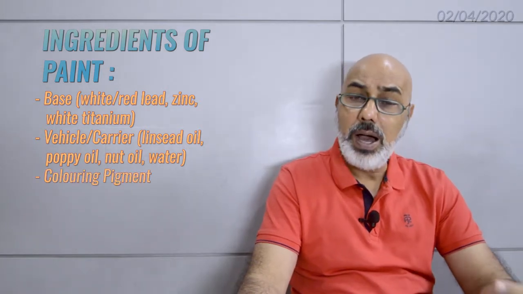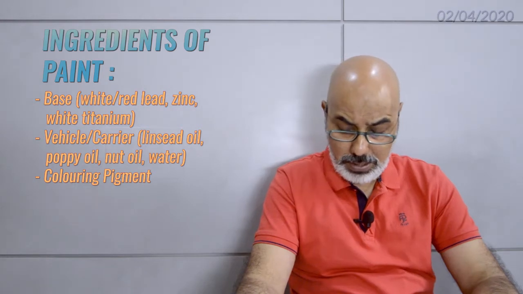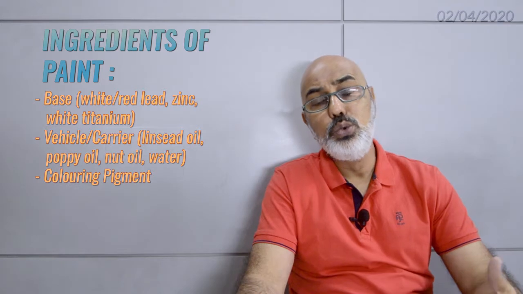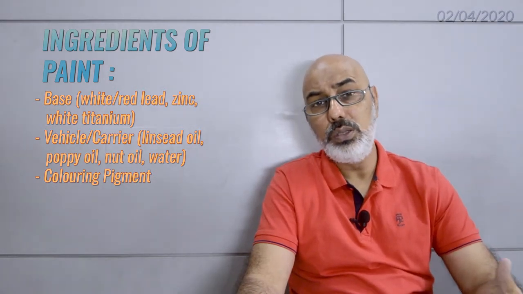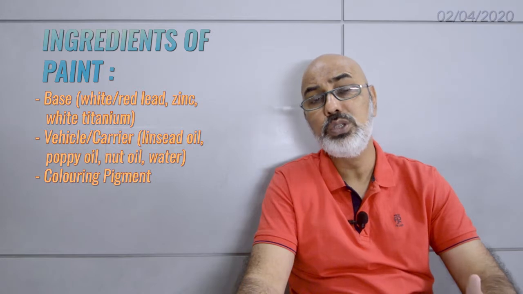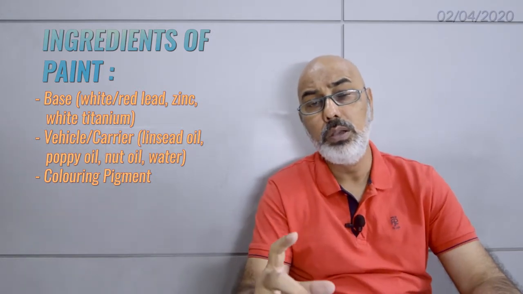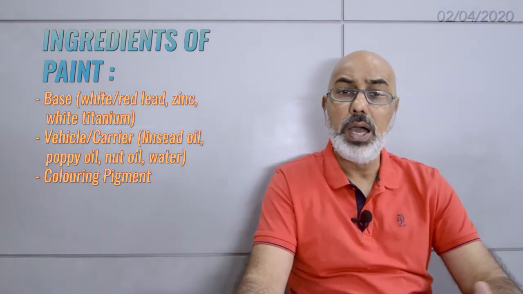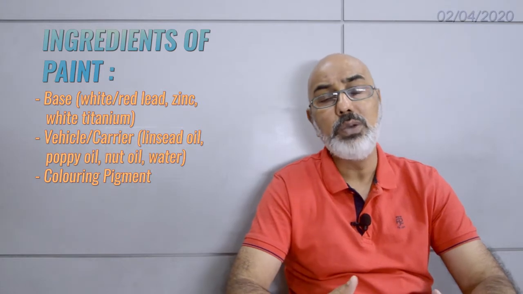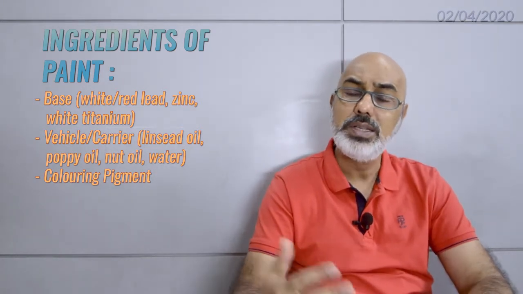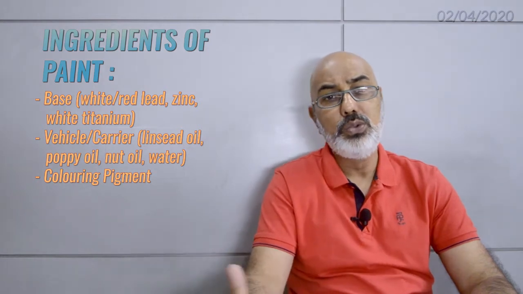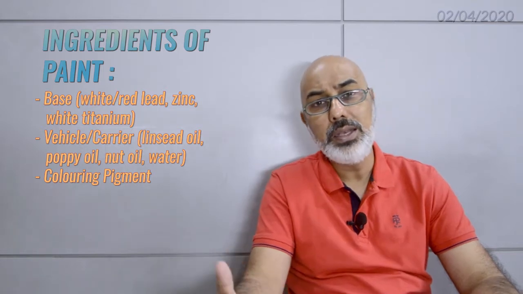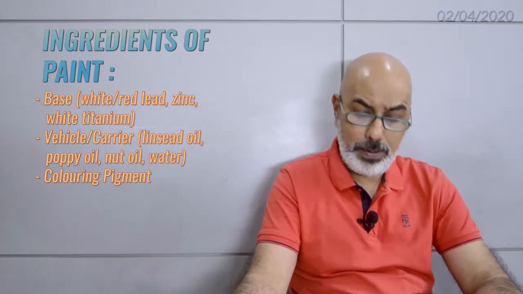Moving ahead, then I have coloring pigment, which gives color to my paint, which provides shades and color. Like my painter used to use stainers. Nowadays we don't use stainers. It was a small bottle white in color with a red cap, stainer. The kind of color I wanted, I used to mix and make colors. Nowadays we don't mix and make colors. It's readily available in the market. You just have to give the code. He punches in the code into the computer and you get that color directly into the can.